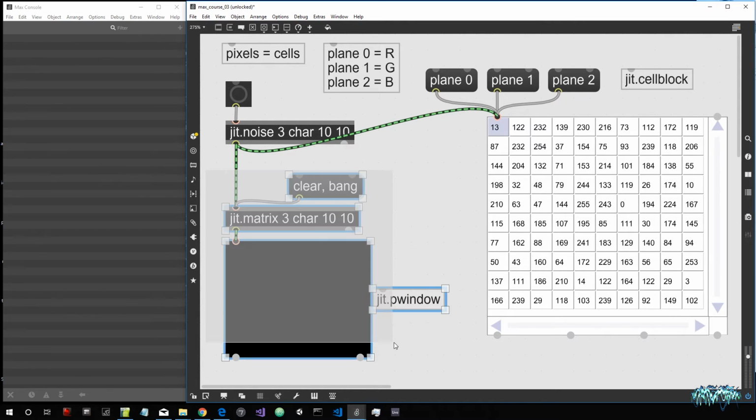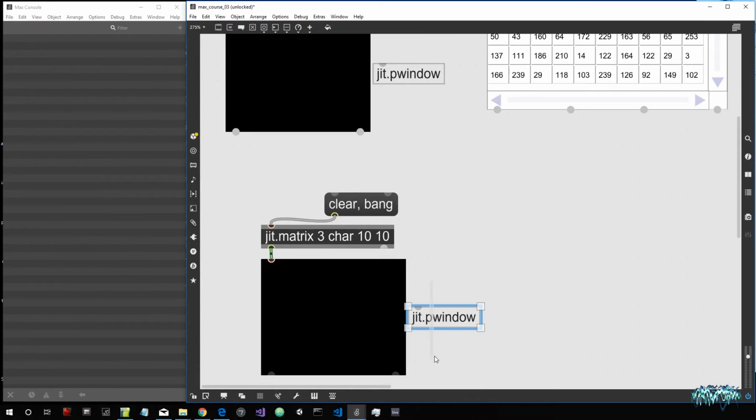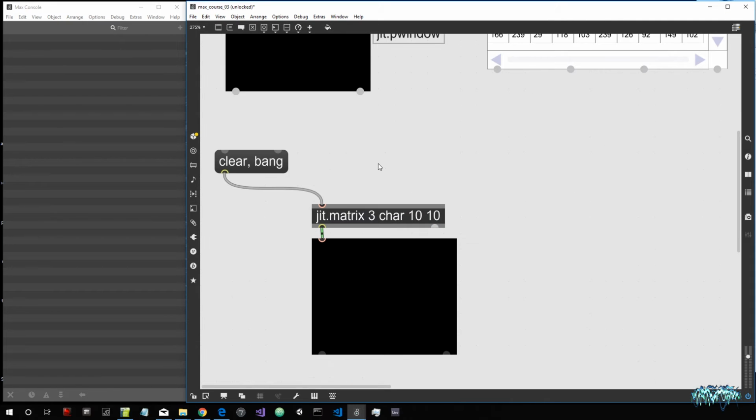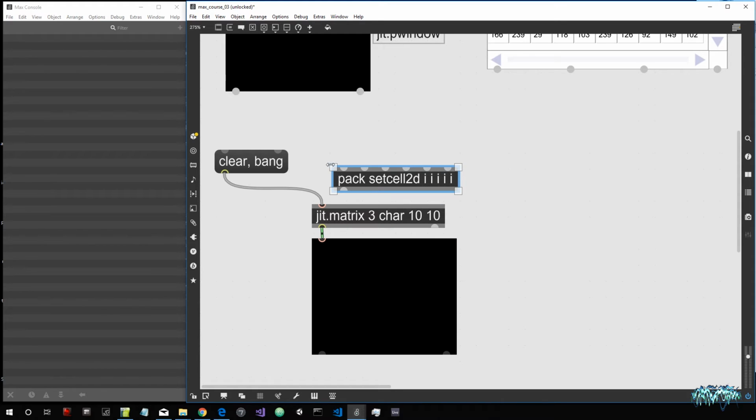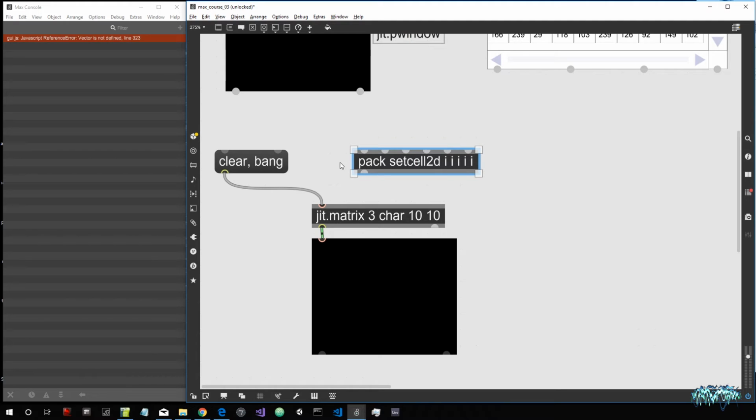Let's actually copy this matrix and the GPU window and see another way in which we can create basically some colors from scratch. We can set the value of the individual cells with numbers of our choice. So for example, if we create a list with written set cell 2D, then 2 numbers for the coordinates, so 2 integers, and then 3 other integers for the color. So this message, since it's a set cell 2D, it knows that it will have 2 numbers for the 2-dimensional coordinates, so x and y,